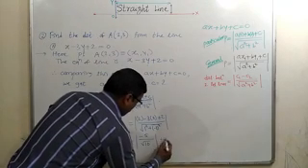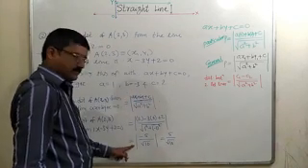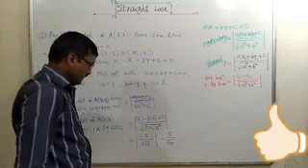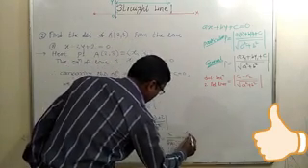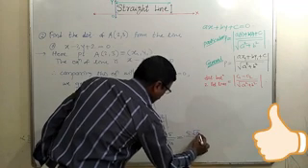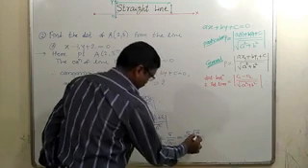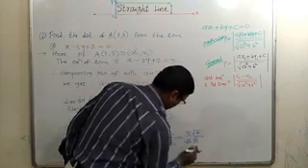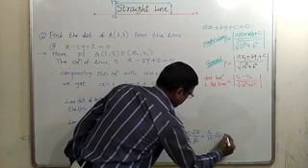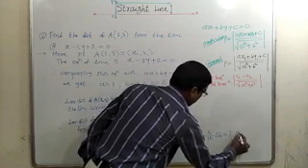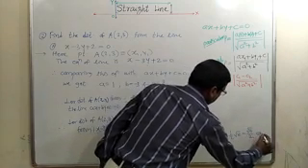So it is equal to 5 upon root 10. By eliminating this modulus, the negative sign goes away, so you get 5 upon root 10. Now multiply numerator and denominator by root 10. We get 5 root 10 upon 10, so it is 5 by 10 into root 10, that is 1/2 root 10, or we can write root 10 upon 2.